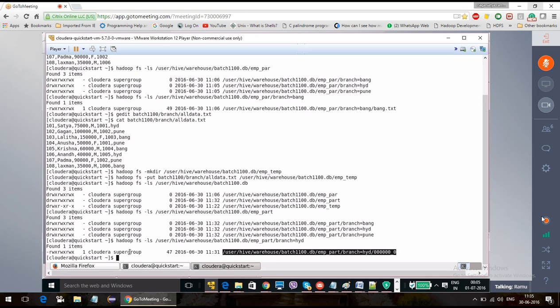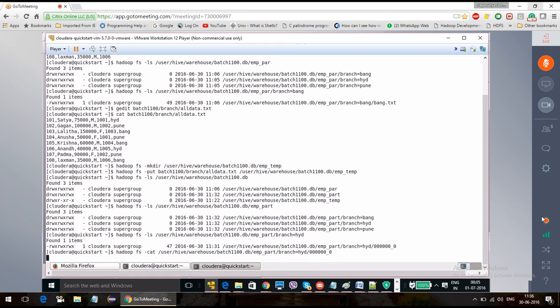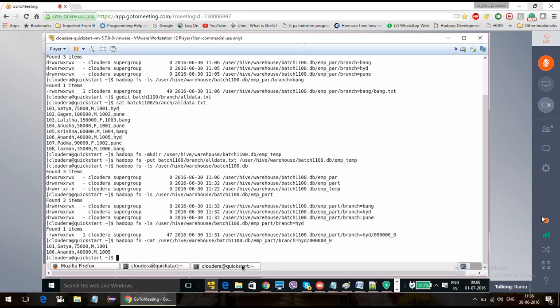And the data is going to be stored in a different fashion. Hadoop fs -cat. See, this is how it is going to be stored. Previously, you didn't have the 00 file created, but here it is created like this.